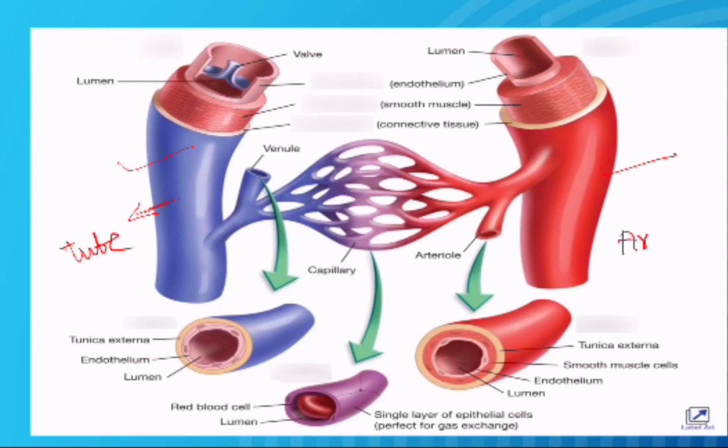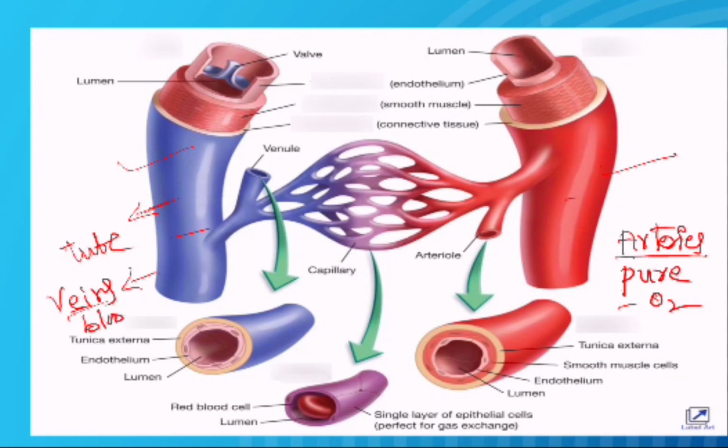Arteries are those blood vessels that carry the pure blood, meaning the blood rich with oxygen. Veins carry impure blood, that means the blood rich with CO2. And these arteries and veins meet at a point we call capillaries, where exactly the exchange of nutrients and the exchange of gases